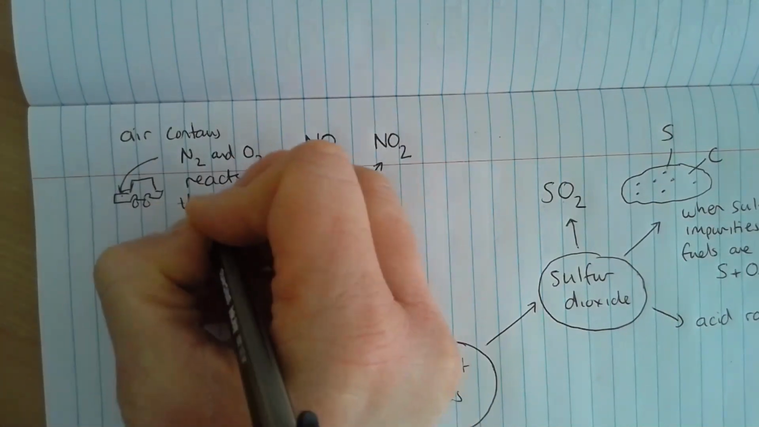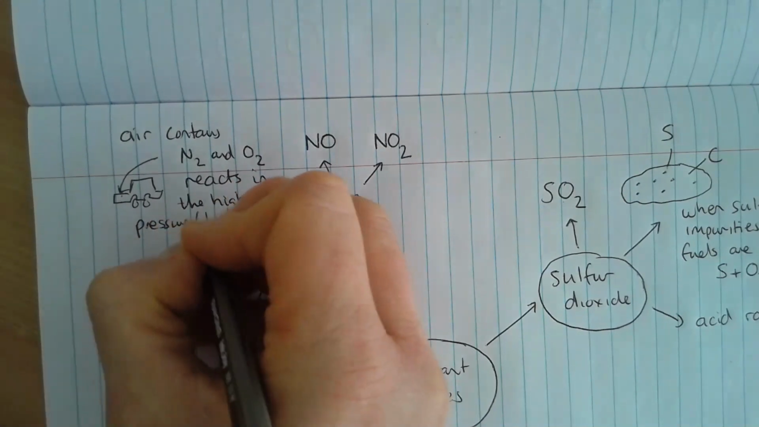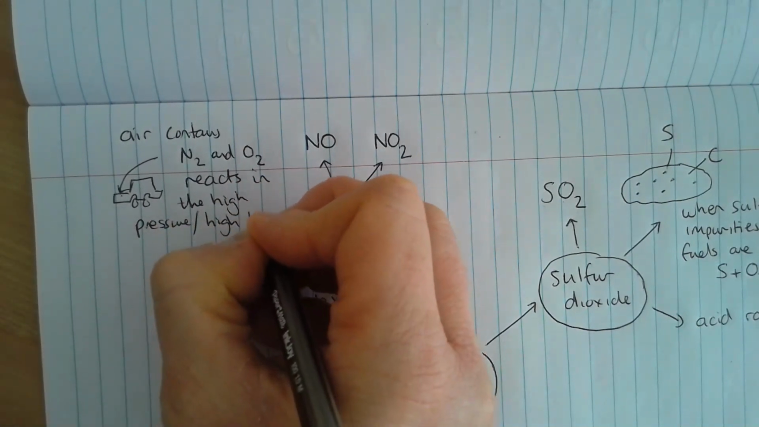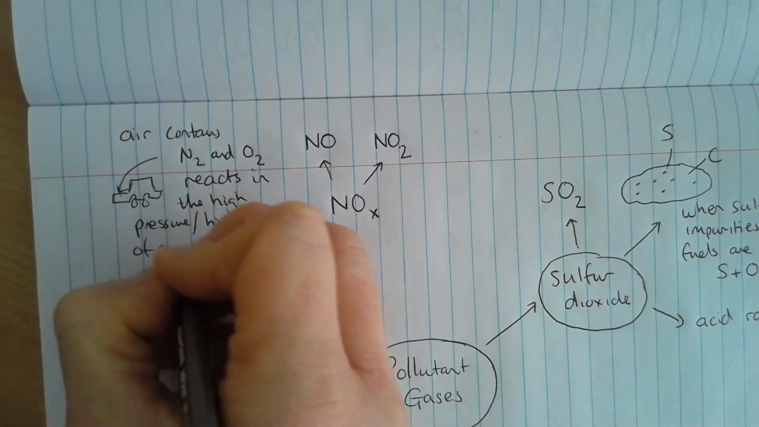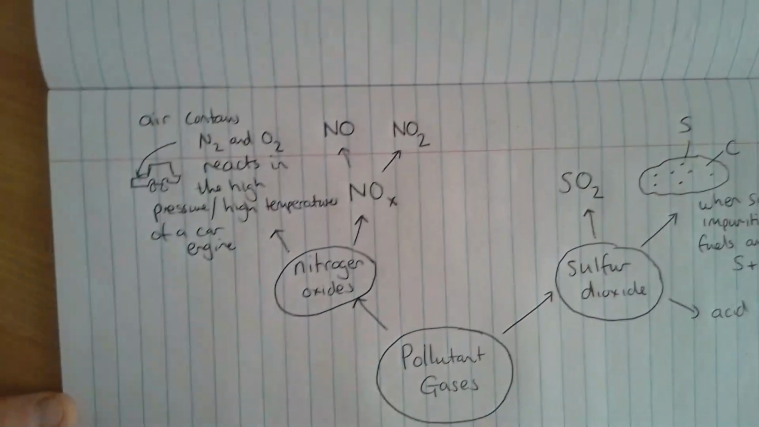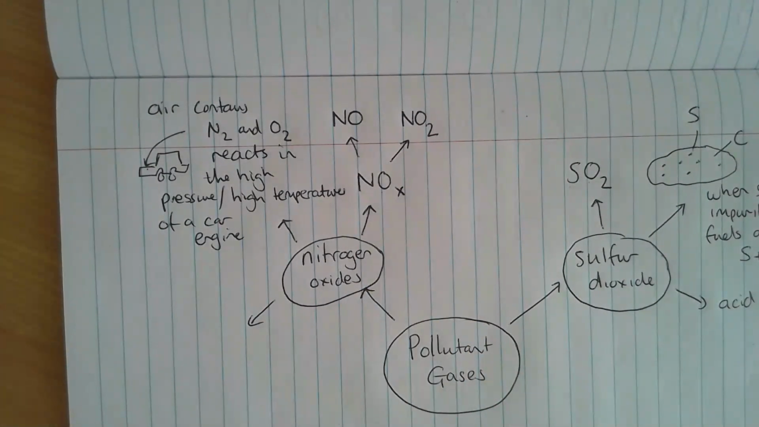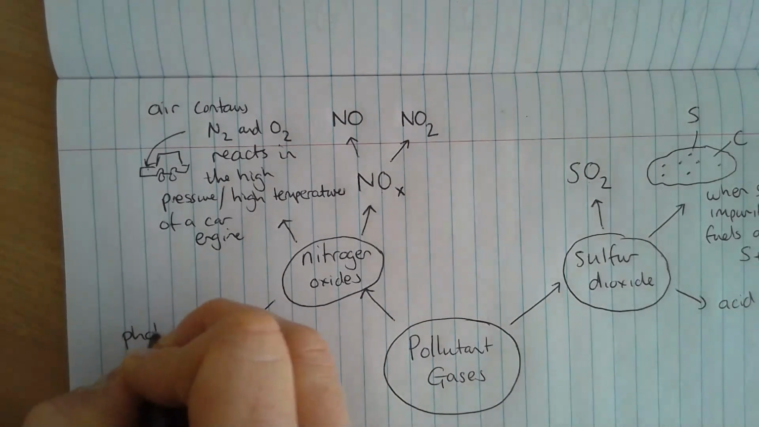in the high pressure and high temperatures of a car engine. Nitrogen oxide has 2 environmental problems. The first one of which is something called photochemical smog,